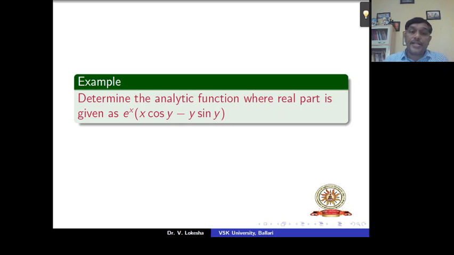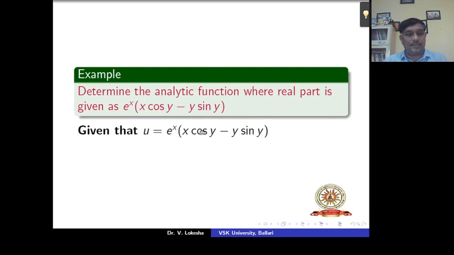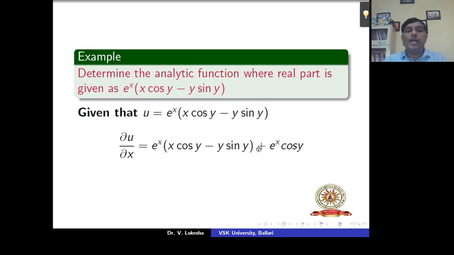First one is: determine the analytic function where the real part is given as e^x (x cos y minus y sin y). Let us start. The real part is given, u = e^x (x cos y - y sin y). First we find the partial derivatives with respect to x and y, that is ∂u/∂x